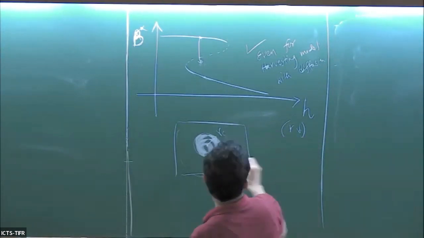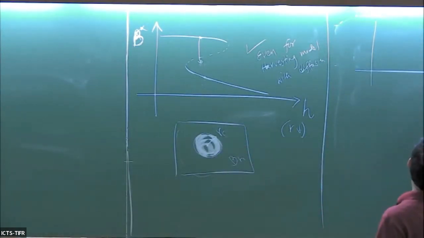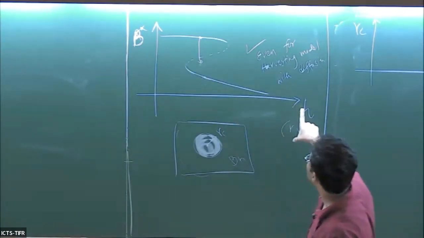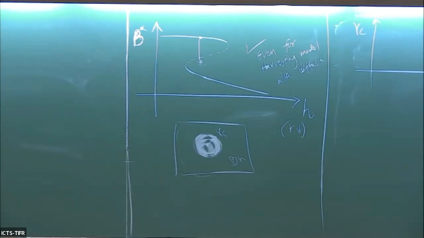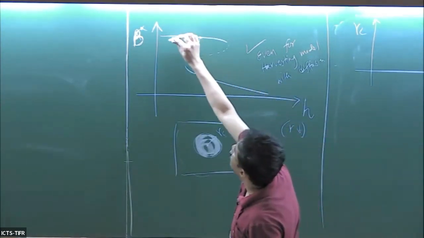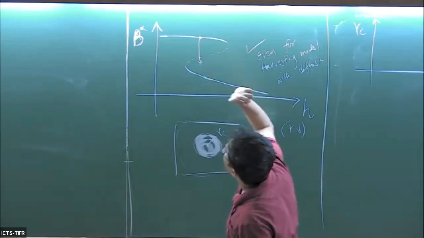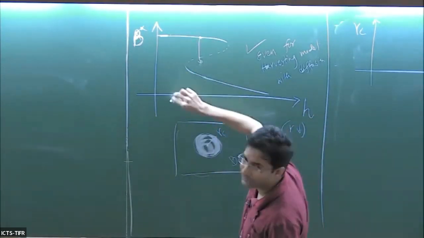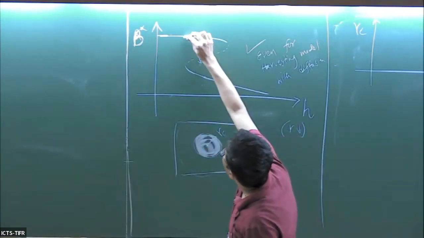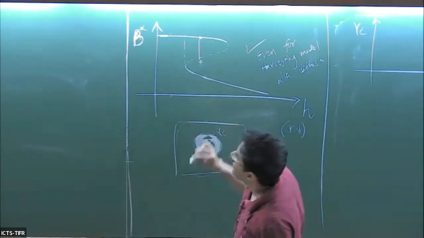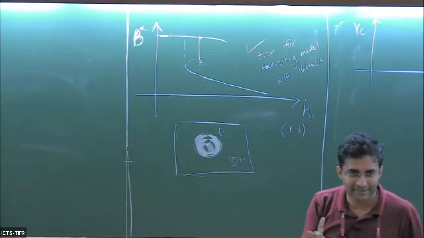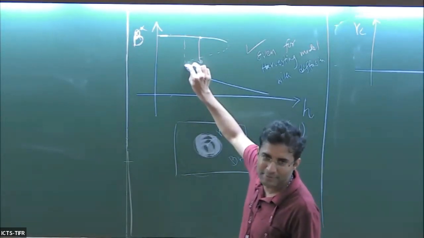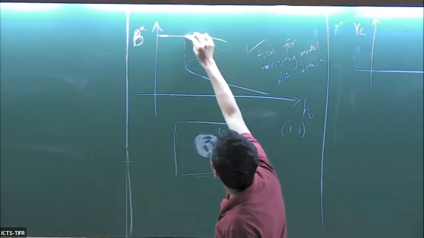And you can actually show that this RC depends on H. Can you make a guess how RC will change as a function of this parameter H? Let's say you are on the upper branch. If you're somewhere here, can you make any RC that can flip over? No. So here it's impossible, right? However large you make it, it'll always come back. How about here? There it is in principle possible, right? But here you can guess that this has to be really massive to be able to come back. But what you can show is that in this region,